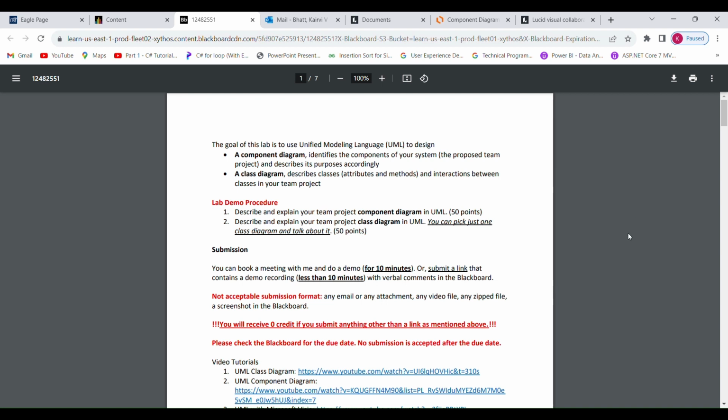Hey, this is lab 4, which is a UML lab, and in this lab, I will be explaining the component diagram, which identifies the components of our system, our project, and I'll also be explaining a class diagram, which describes classes. So we did work in a group, and we all did the component diagram and class diagram together, but